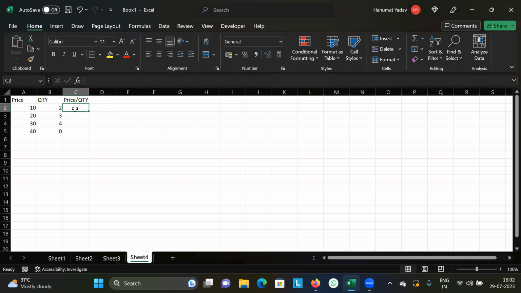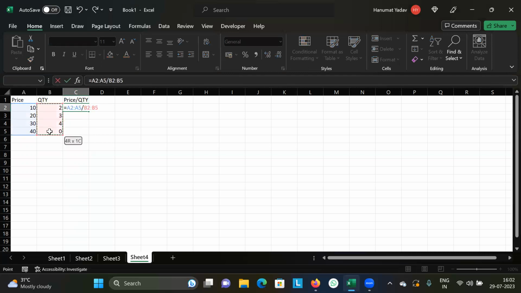So let's start with data validation. Data validation means that if there is some error in the formulas, then with the help of data validation, we can highlight that error such that it becomes easier for the user to see that. For example, let's say that the price of a certain thing is in the first column, and the quantity is in the second. So let's say we want the price per quantity. It's basic. To find the price per quantity, we can just use the price divided by the